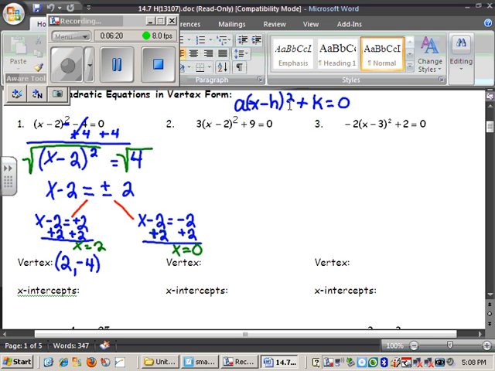Now if I want to check my equation, I can do that by plugging in my x's. I'm going to write over here, even though it's under other problems, just so you can see. So here was my original equation, x minus 2 squared minus 4 is equal to 0. So if I plug in a positive 2,